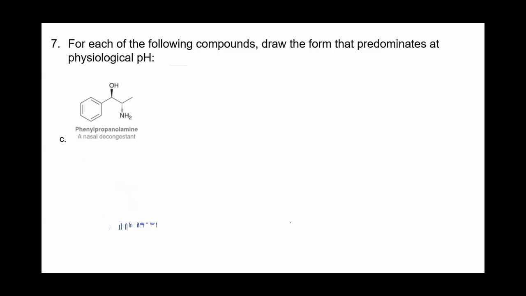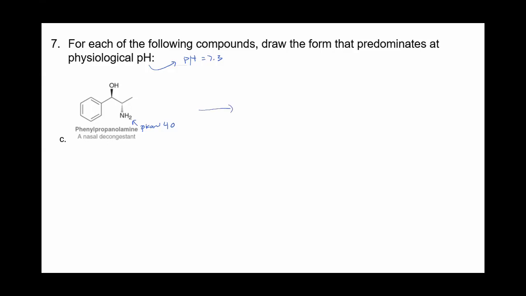Next problem. Which of these will predominate at physiological pH? What this question is asking, which you'll probably see more types of questions like this, is physiological pH is the pH in our bodies, which is 7.3. So it's asking what is going to be protonated at pH 7.3. If you're looking at pKa's of different amines, this one is around 40 or 35, something along those lines. So that would be protonated in our bodies.